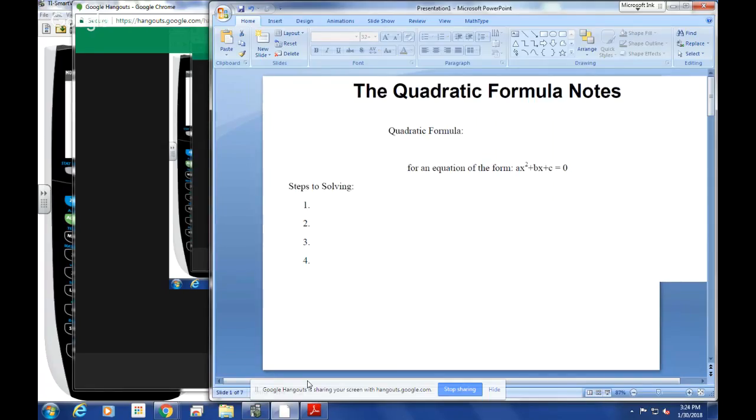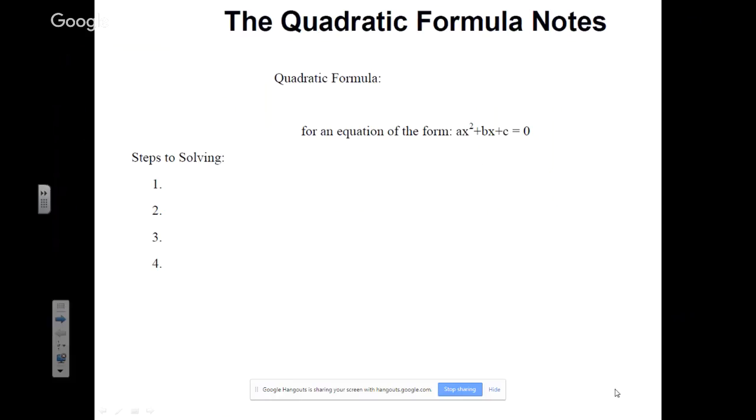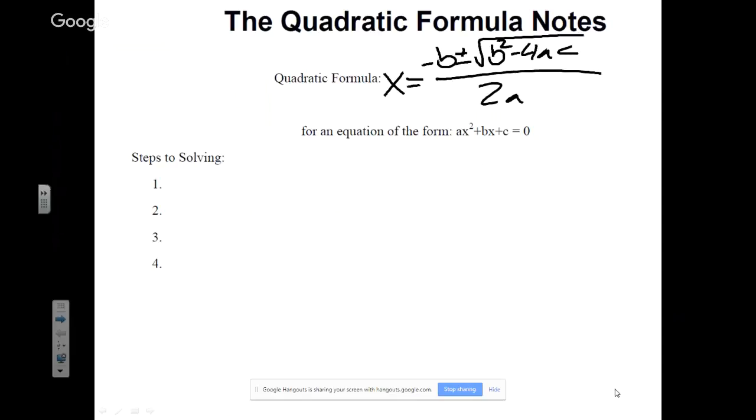The quadratic formula notes. So the first thing that we're going to look at is just what the quadratic formula is. The quadratic formula is x equals negative b plus or minus the square root of b squared minus 4ac, all divided by 2a. Now notice that the part that's in the square root is the discriminant